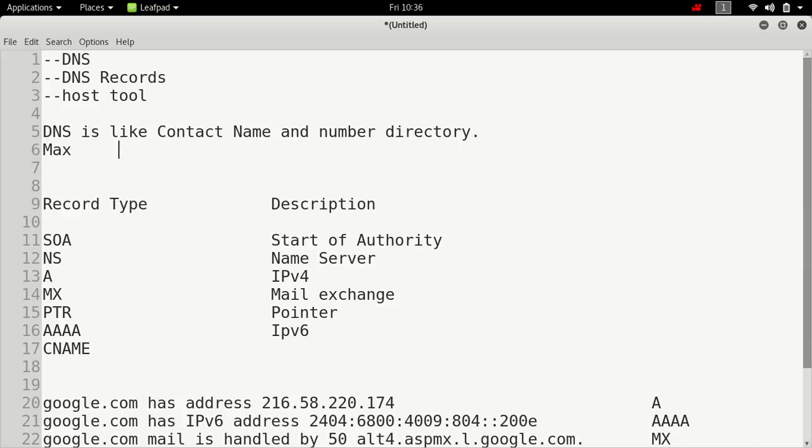It would be very difficult to remember the mobile number of every person.